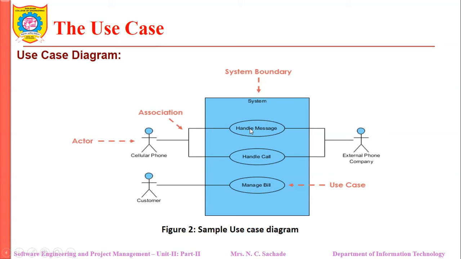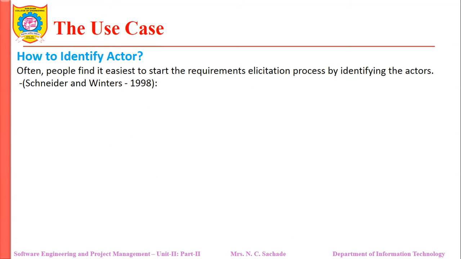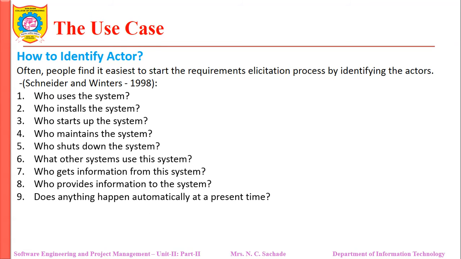I hope now you have got a clear idea about how we can write the use cases. Now, as we said, we have to identify stakeholders, we have to work with the actors. Now, what are the ways by which we can actually find out actors? You have to list out the questions. Once you answer them, you have a set of actors ready with you.